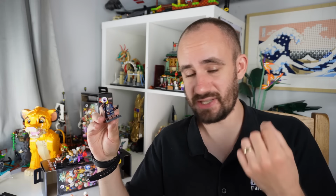With some characters in LEGO form, the nose is so important to the character's design that when you remove it for a LEGO minifigure, which just has the two eyes and the mouth, you lose so much of the personality and the soul of the character, and it becomes a lot more difficult to identify them. And so I feel like this might have been an instance where a little bit of slight design hinting at a nose might have been really useful for communicating what this character is actually supposed to be. But that said,